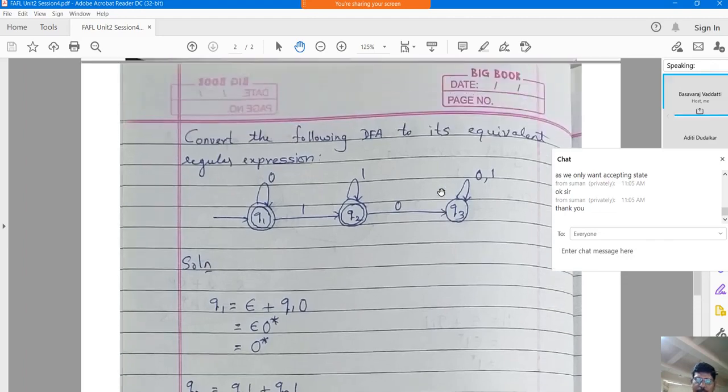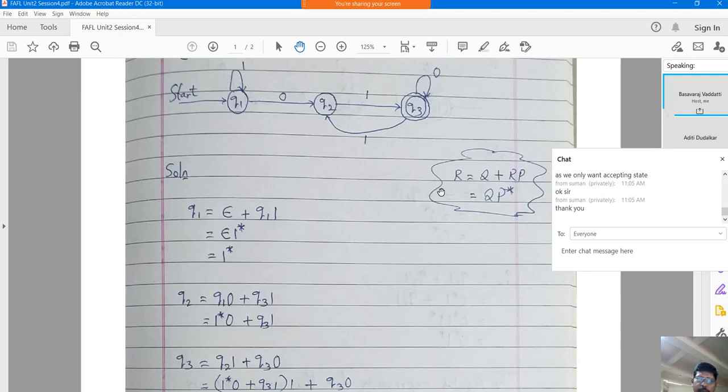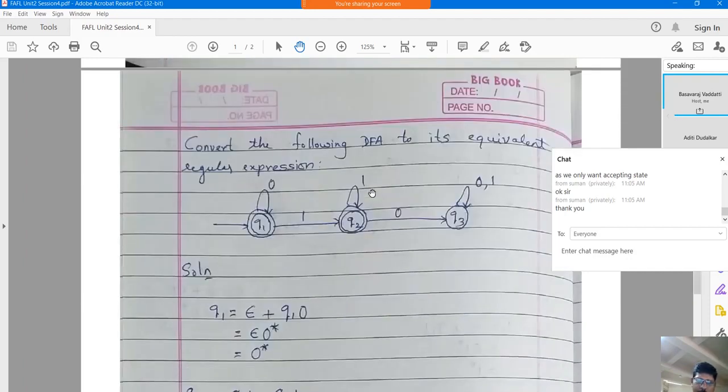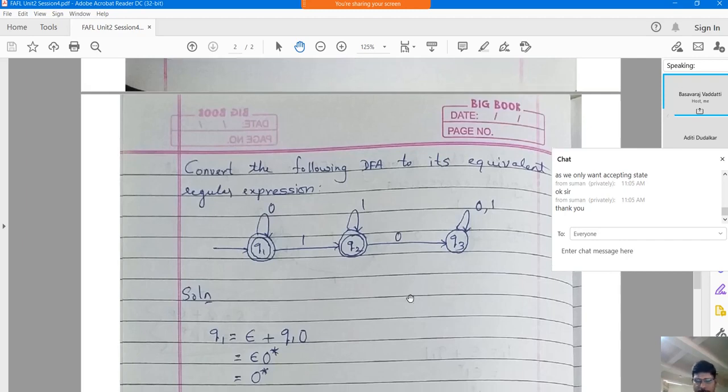But we did the same thing in the first case. That is because you can notice Q3 is a final state, but it has an arrow from Q2. Q2 is not a final state, but Q2 has an arrow from Q1. That's why we did it for Q1, Q2, and Q3. But in the other case, Q1 is a final state, Q2 is a final state, and Q3 is a non-final state. That's why these are two distinct examples, and this is a peculiar example. Any doubts here, please?